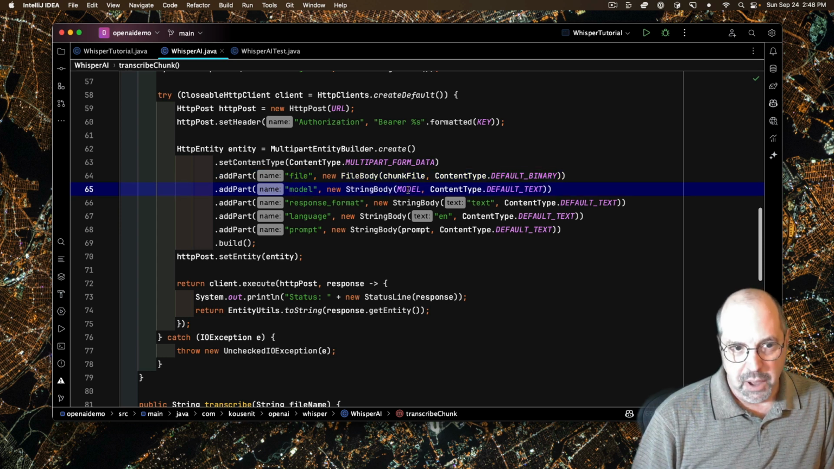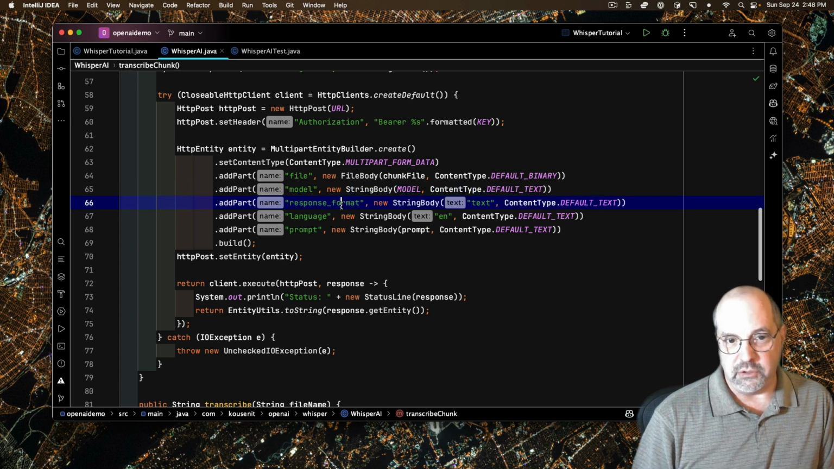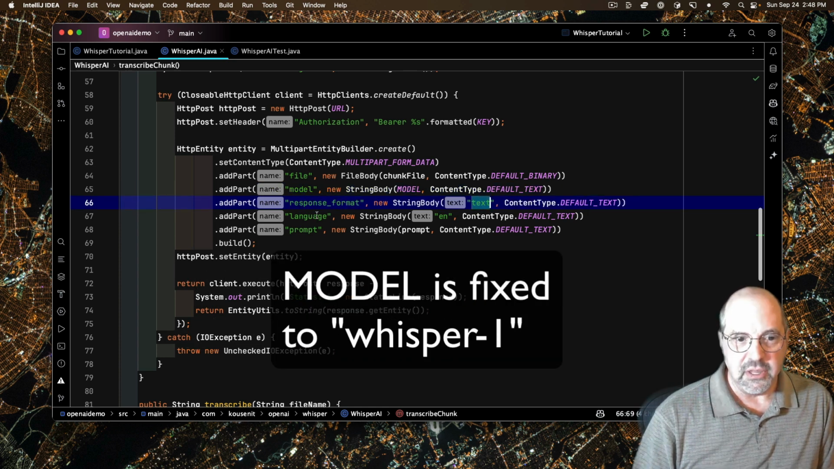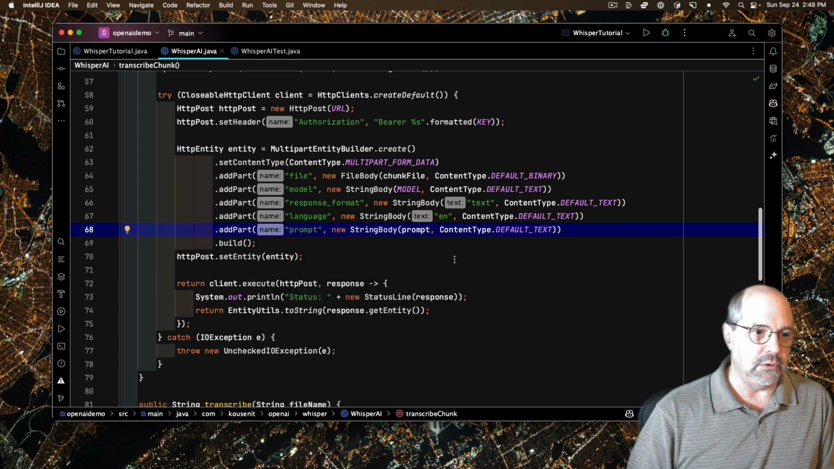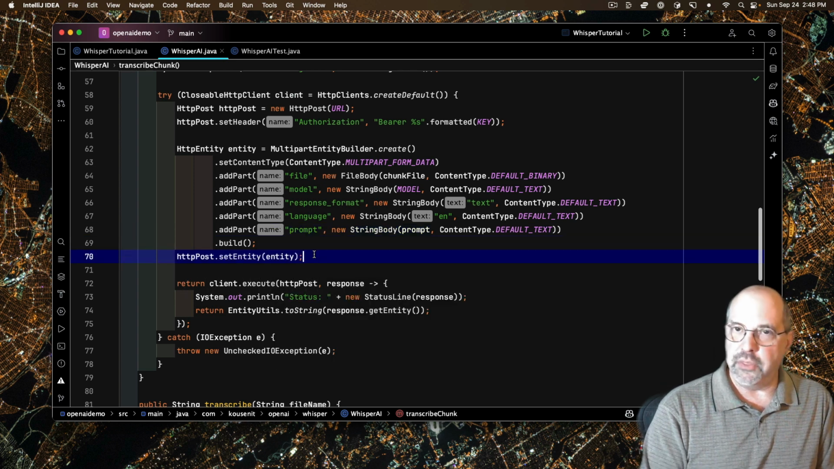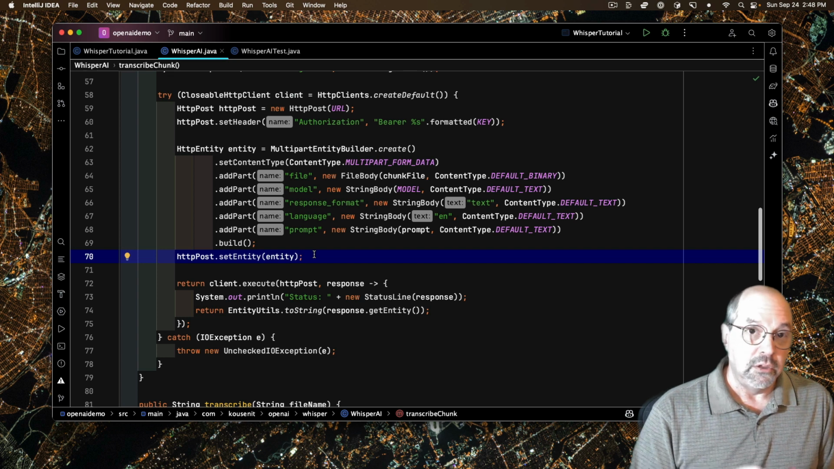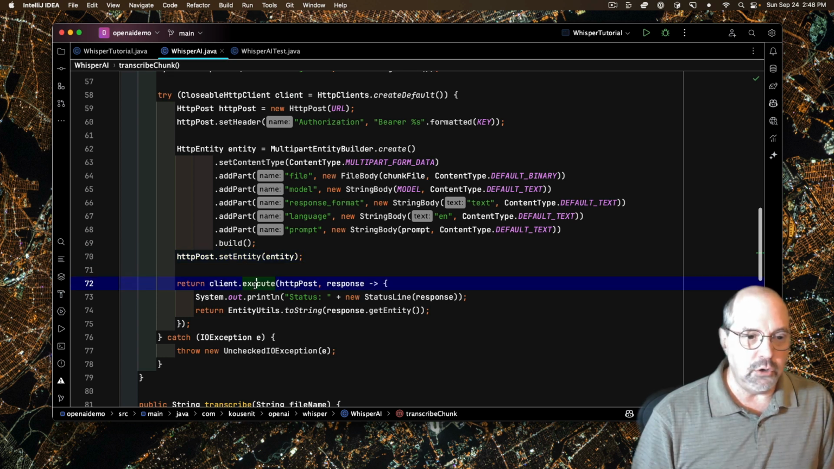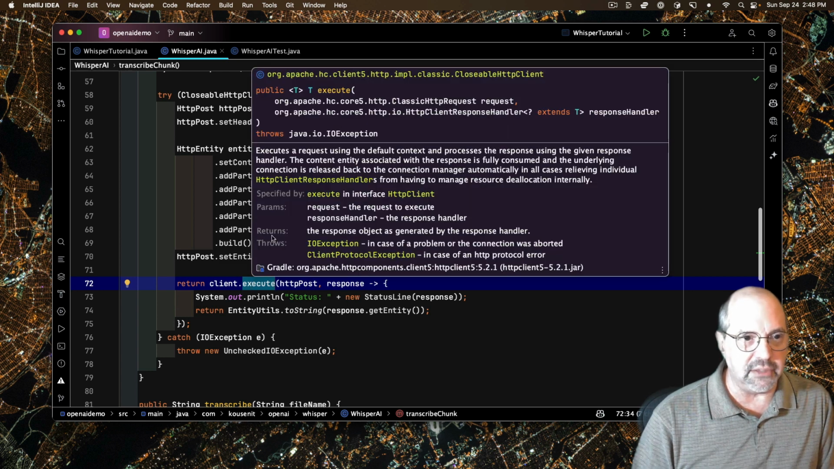Here I specify the model as a string body, so that's text. I specify the response format as text, the language as English, and then again the prompt we're going to come back to, and build it up and put all that in the HTTP post. So far so good. Then you use the execute method to transmit the post, and the docs for that say